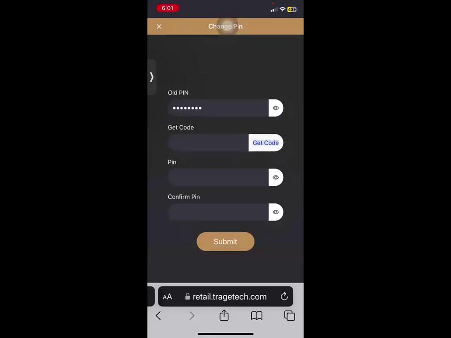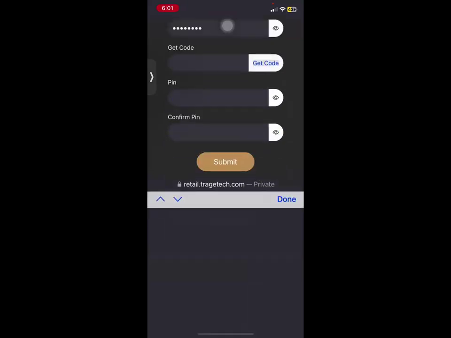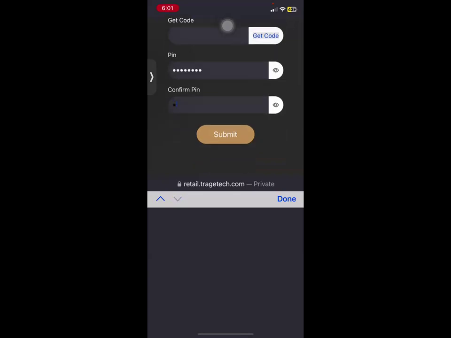Before getting a code, I would recommend that we key in the new pin first, so it would be easier later. So let's key in the new pin, and then confirm the pin.